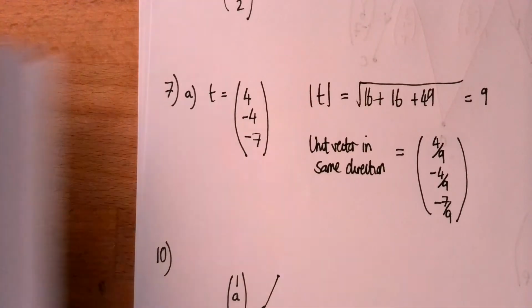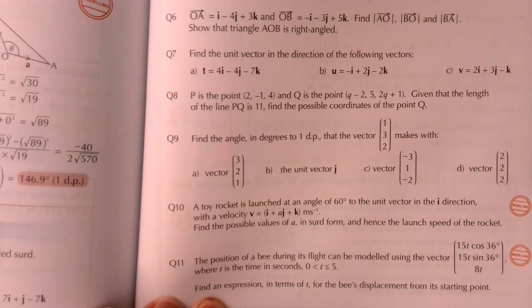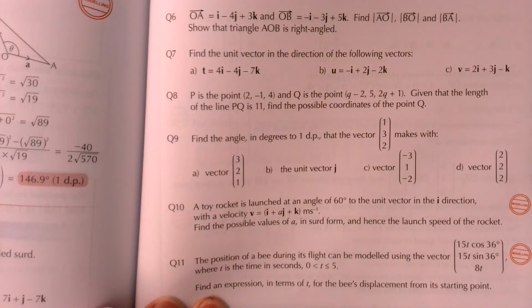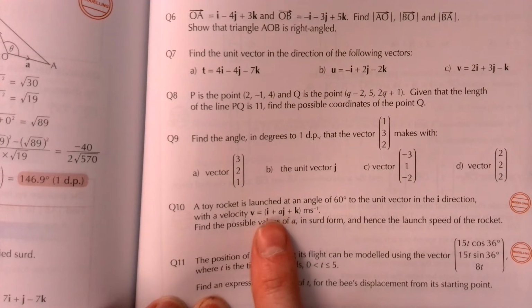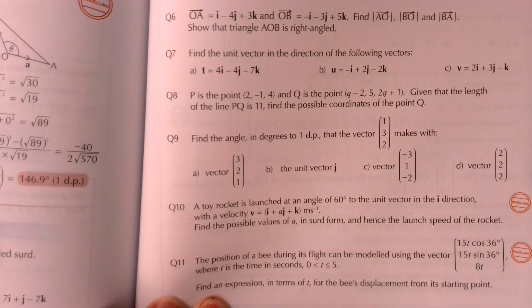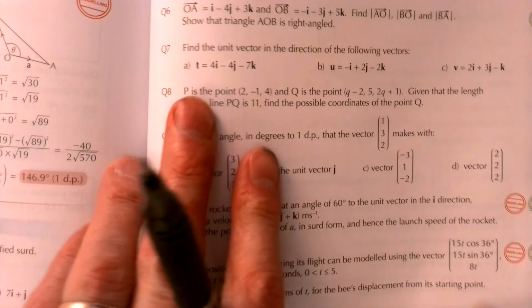And then thirdly, question 10. A toy rocket is launched at an angle of 60 degrees to the unit vector in the i direction. Now remember, the i direction is a vector of unit length, so length 1 in the x-axis direction. And then here we've got a three-dimensional vector, which is 1i plus aj plus 1k. We know the angle between the unit vector in the i direction and this vector, and we're asked to work out the missing values. So this is very much like finding the angle between two vectors that we did in